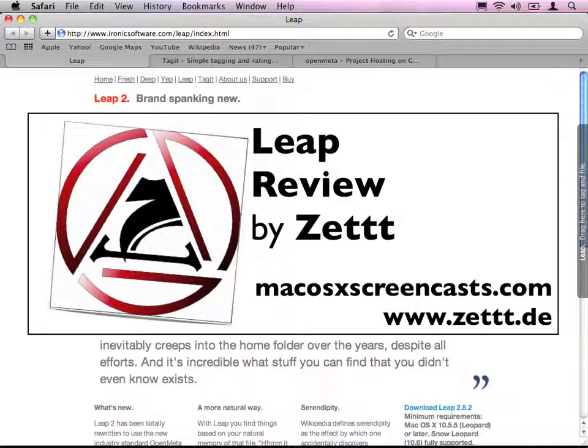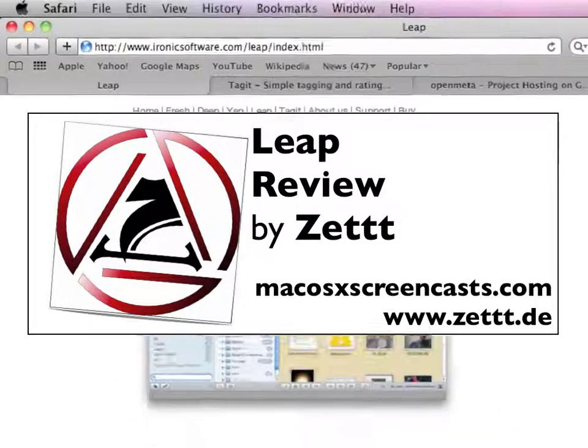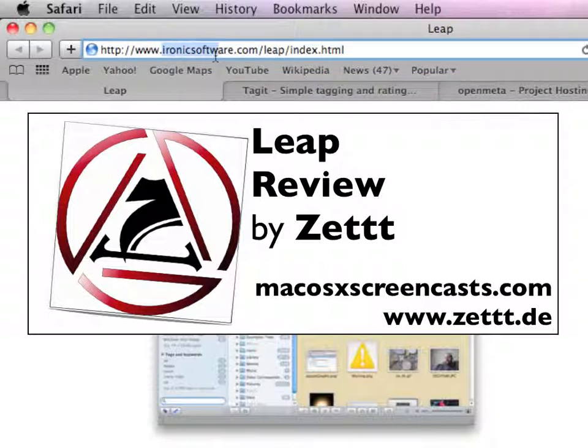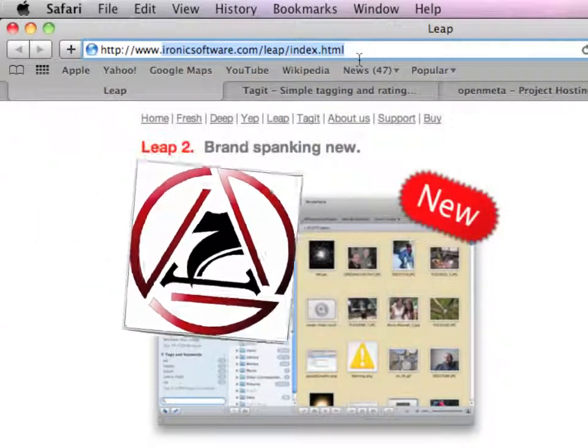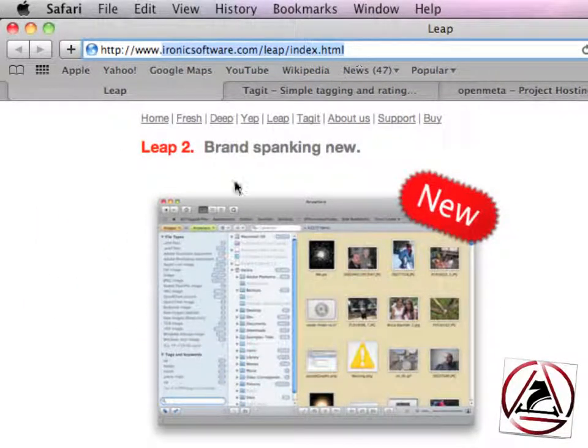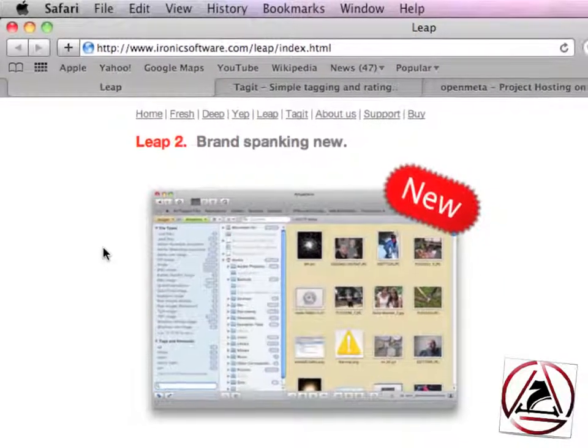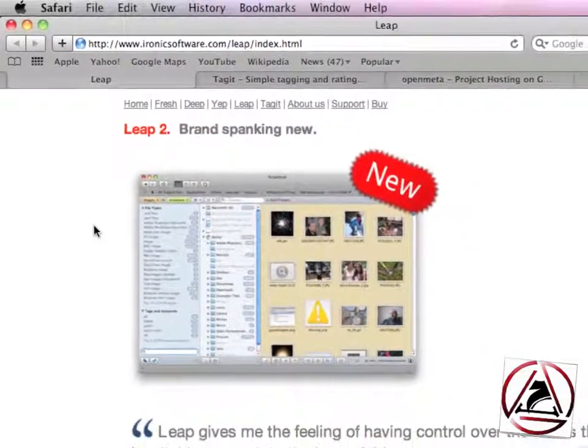Leap is another piece of software coming from Ironic Software. You can download it at ironicsoftware.com/leap/index.html. And if you had a look at our first screencast on Ironic Software, where we were reviewing Yap, you